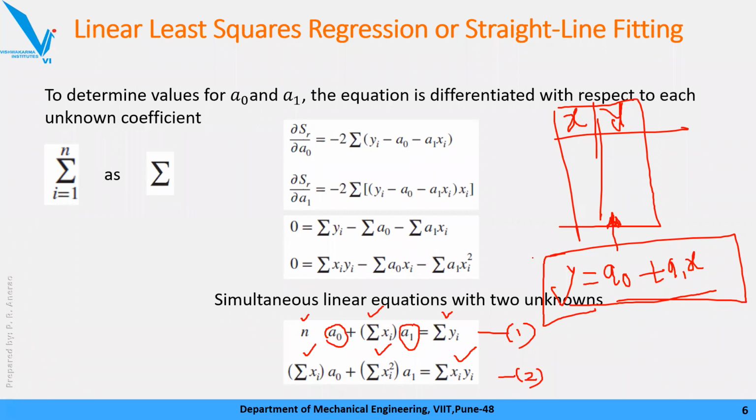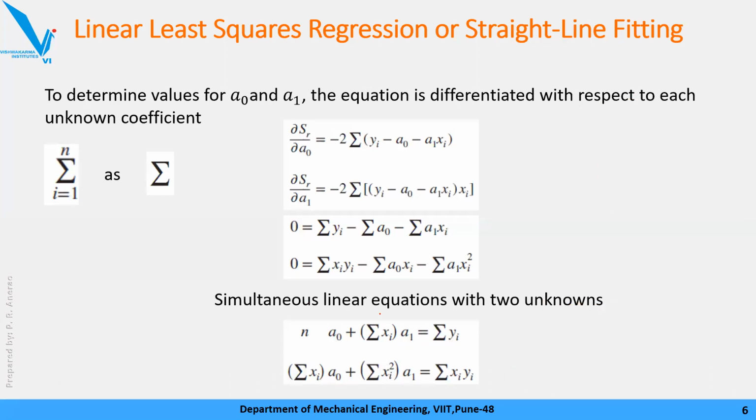Okay, so this is the way we do it. Before moving to the numerical, please note down these two equations. I recommend you to mug up these two equations, because we will not generally ask for the derivation in a numerical. Okay, you just need to use this formula to find the unknown a0 and a1 coefficients, slope and intercept.